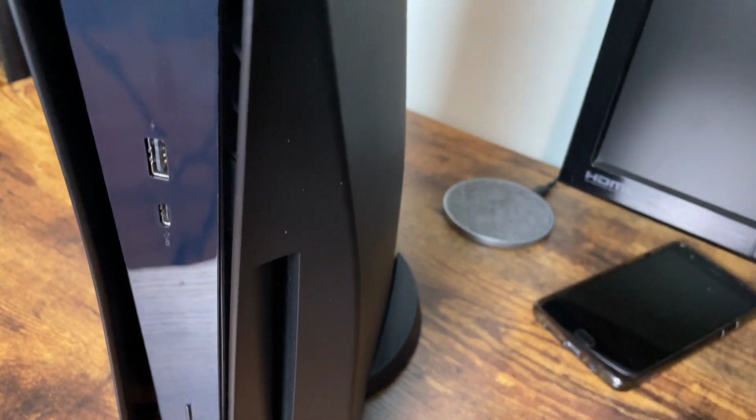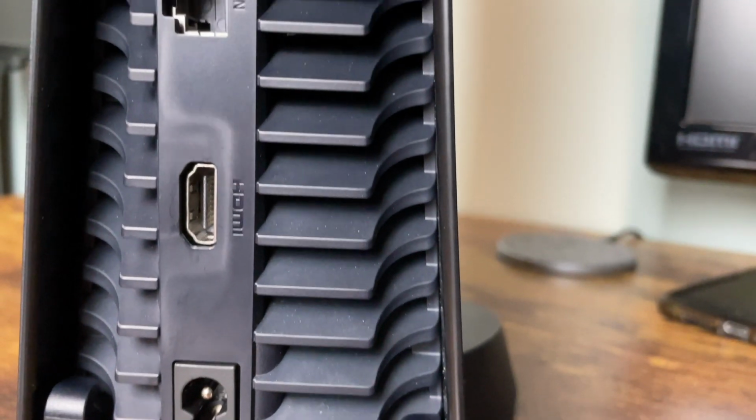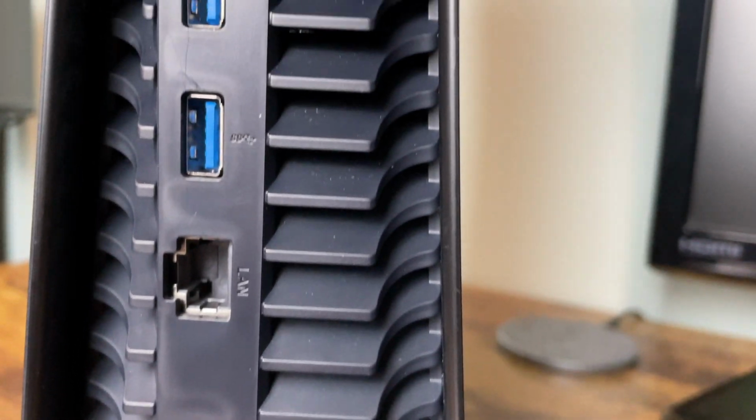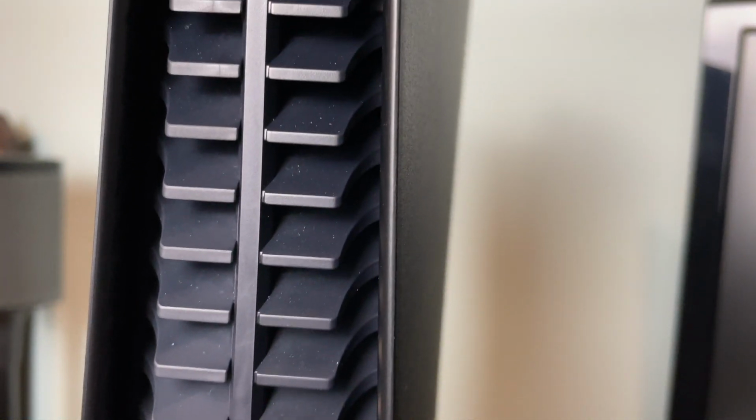This also has the status lights when you turn it on like the PS4 and in standby. The front has USB Type-C and Type-A ports along with the power and disc eject buttons. On the back you get 2 more USB-A ports, an HDMI 2.1 port, an Ethernet jack, and the AC power plug port. There's no optical audio port, but most people probably don't use those anyways, so it's not too much